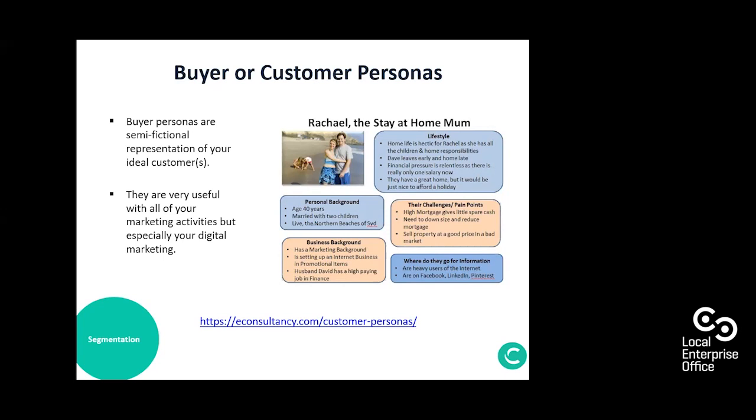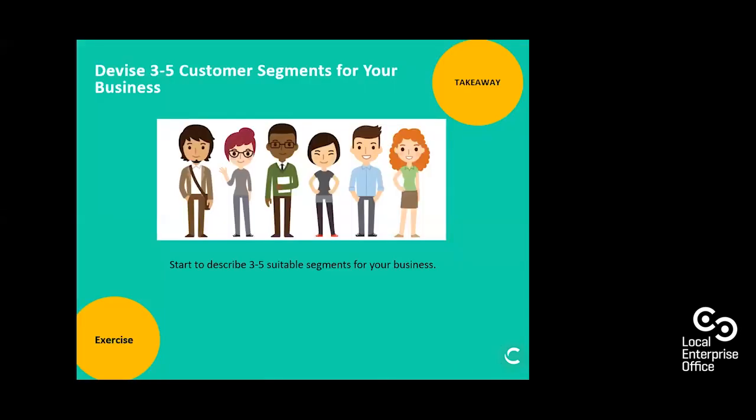Left to our own devices, we'll tend to try and sell the features of products and services, when in actual fact, it's much more effective if we sell the benefits of our products and services in terms of the particular customer type. So this is something that I'd recommend in terms of your digital marketing. By way of a takeaway, if this isn't something that you've looked at in your business, you have to start somewhere. So I would say start to describe maybe 3 to 5 suitable segments in terms of your business,